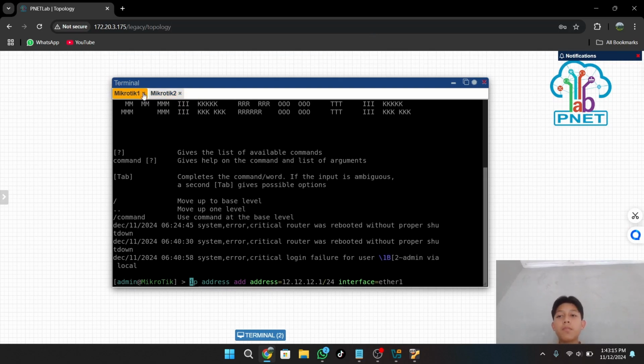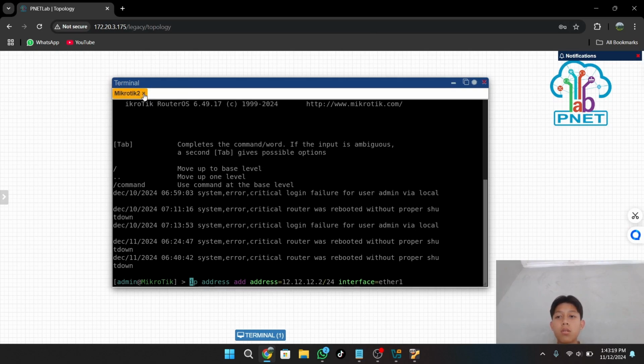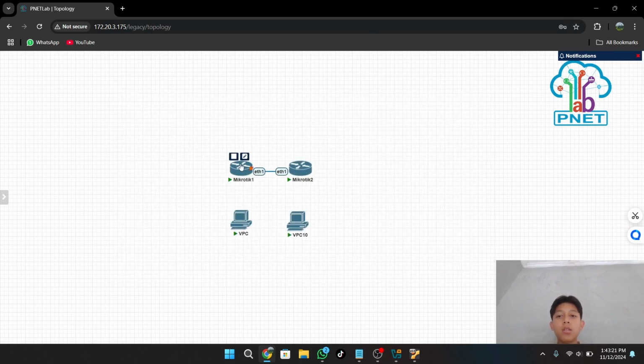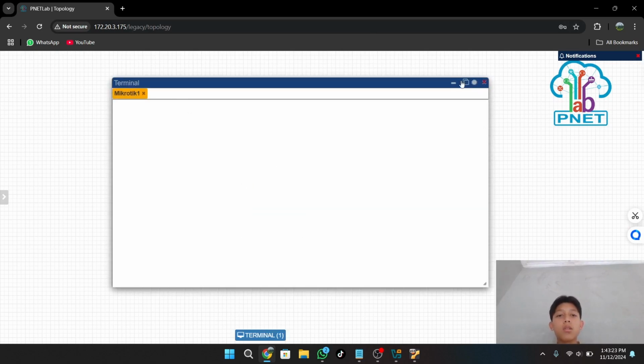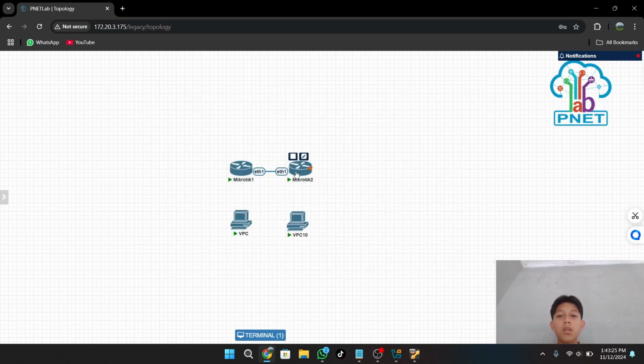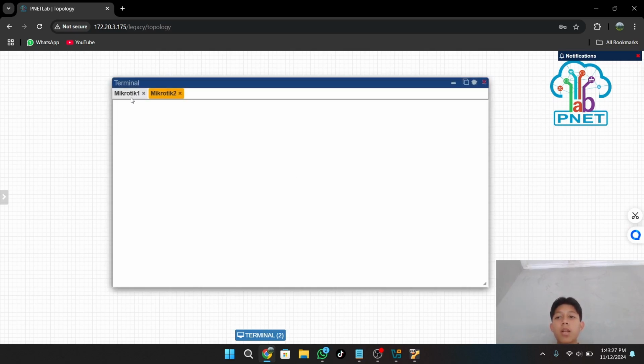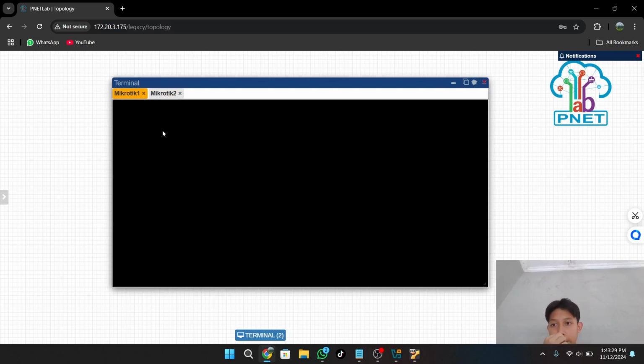If done, there is a bug at the CLI, so you can close and open the terminal again. This is a bug.